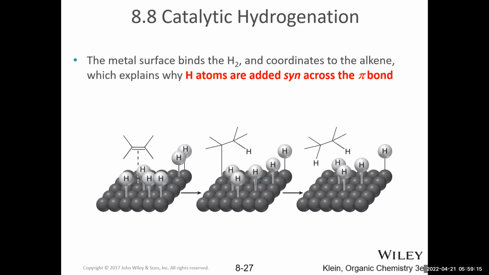So it is just floating around in tiny particles in the solvent, so it's still a metal surface. It coordinates to pi bonds, and it also absorbs hydrogen gas on its surface. And as a result, only one face of this pi bond is being exposed to the metal, and that's the face that will get the hydrogen atom. So the hydrogen atoms get added to the same face of the double bond because they're being added across the surface of the metal.